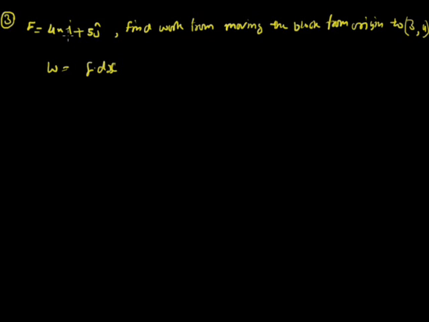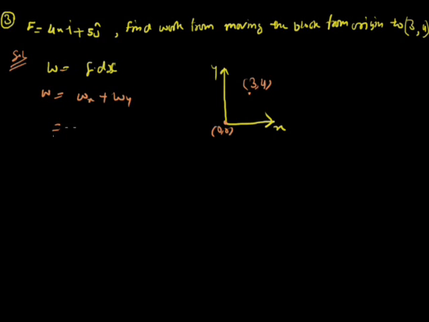Okay, and now we can see that the force is two-dimensional. In two dimensions, we can see x, this is y. So this is the origin 0, 0, and the body is being moved to 3, 4. Let this be the location. So now you need to find the work. Force is also in two dimensions. So the work would be simply Wx plus Wy. W is simply what? Fx dot dx plus Fy dot dy.